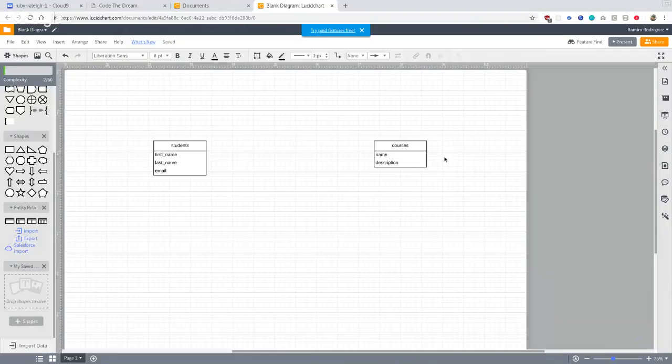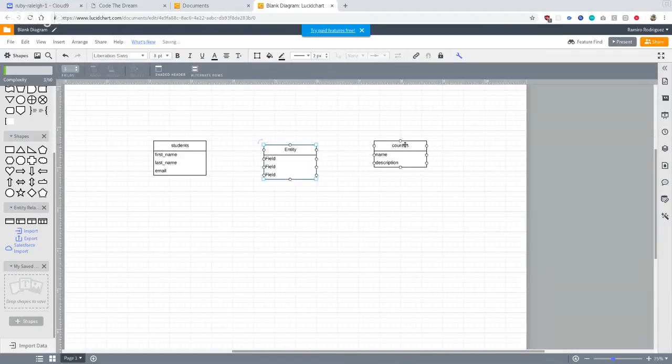So now I have here two tables represented, and I have the name of the table and the columns. So now I'm going to bring my join table, and we call it a join table because in SQL you would be doing a join